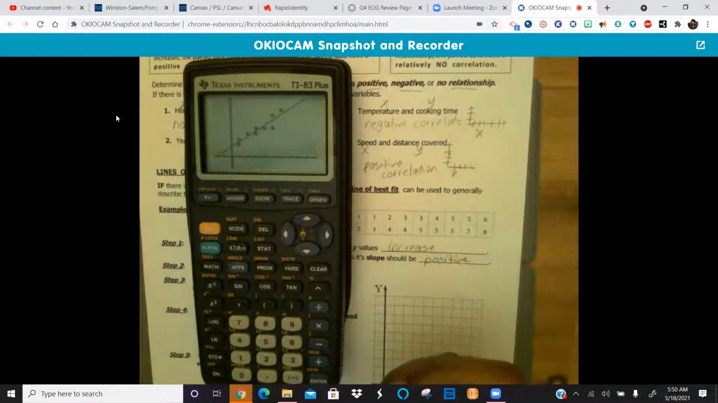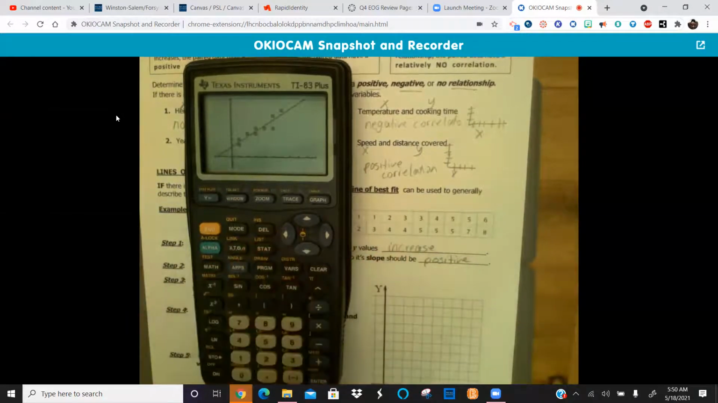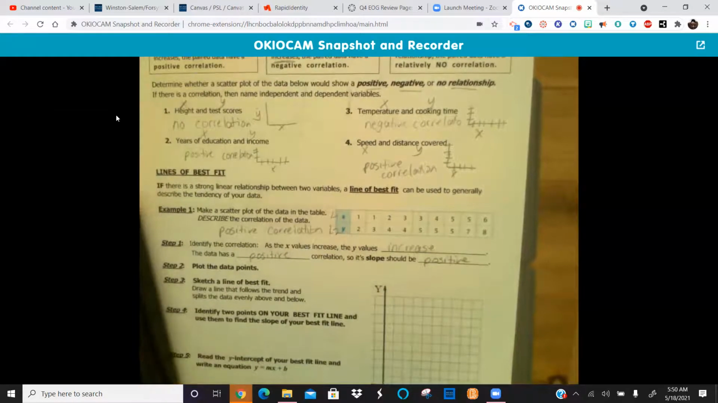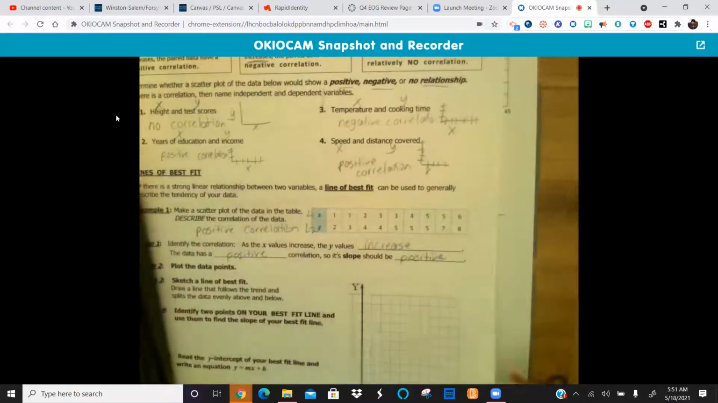You see it? Okay. So now the calculator will do a better line of best fit than you could ever do. So that's a good idea to do that. Okay. So we sketched the line of best fit in the calculator. It says identify 2 points, and then find the slope. All right, so look, we did it in the calculator, this right here. And so now I'm going to write